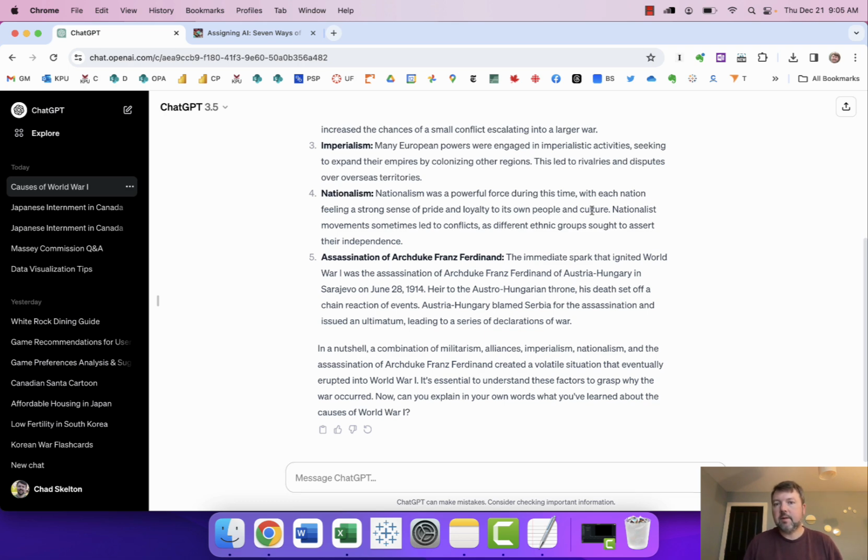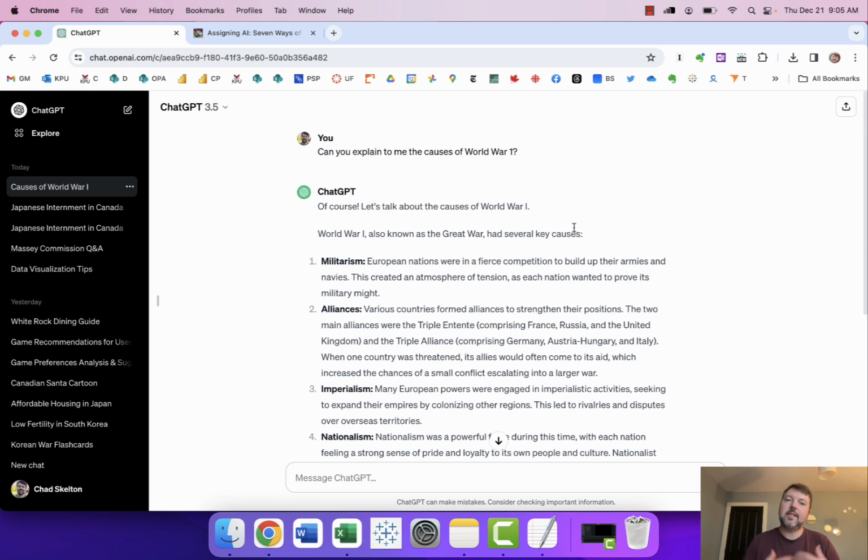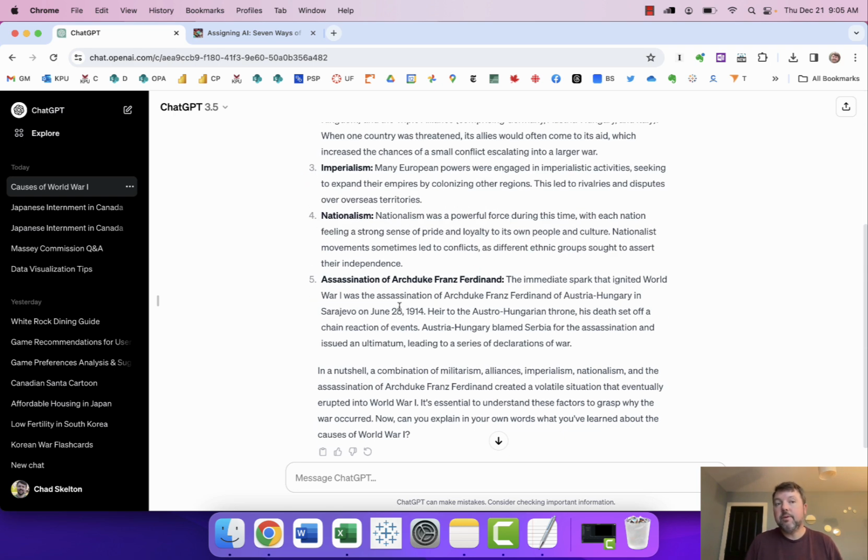What I found to be the real killer app here, though, when it comes to tutoring, is it's obviously a little bit hard, especially if your student is not a great fast typer, to get them to do this kind of back and forth typing. But the new ChatGPT app actually allows you to have a conversation with ChatGPT orally, and I found this just to be a game changer when it comes to tutoring, because if your kid is having trouble understanding a concept, they can just load up their phone and just sit there and have a conversation with ChatGPT